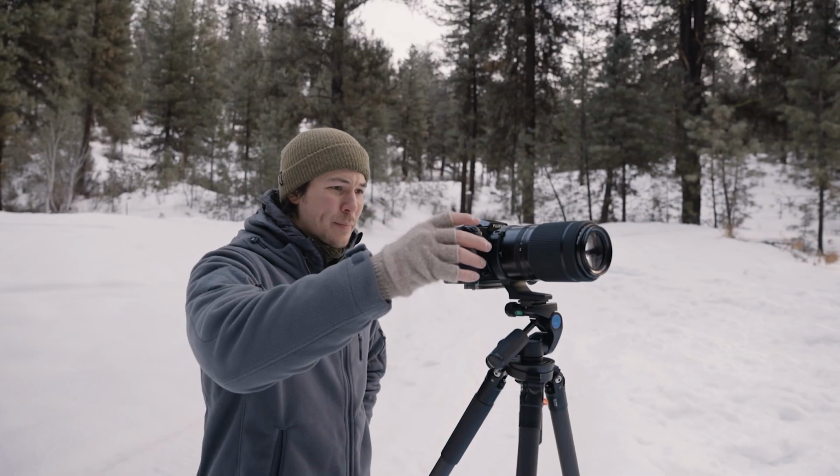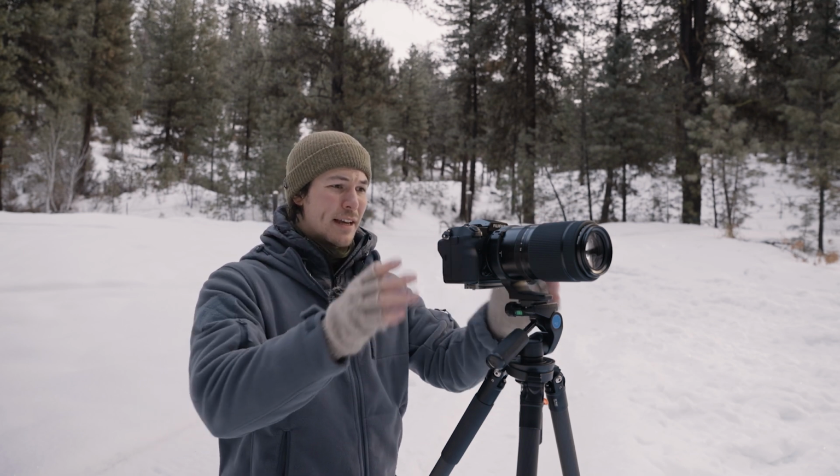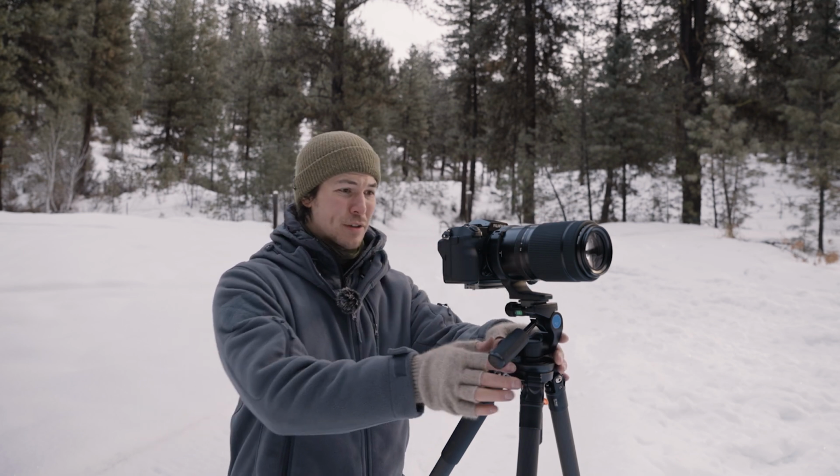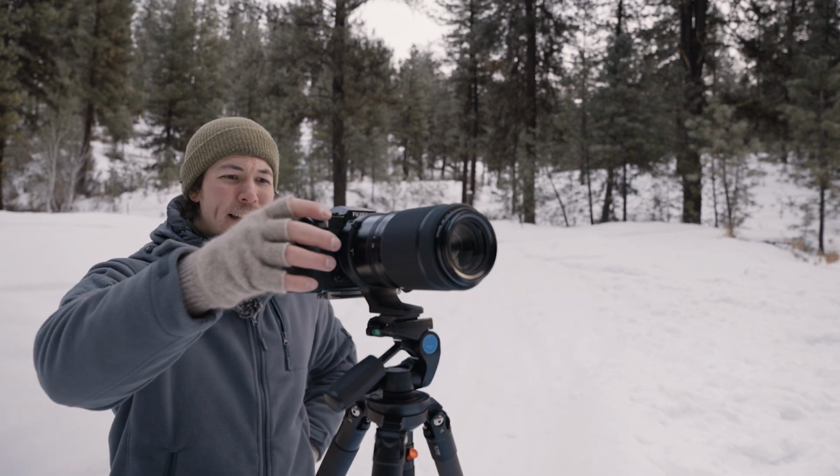So I'm setting this composition up, and I'm liking how it's looking. I'm going to definitely convert this to black and white, do a panoramic, do a pixel shift. This time,